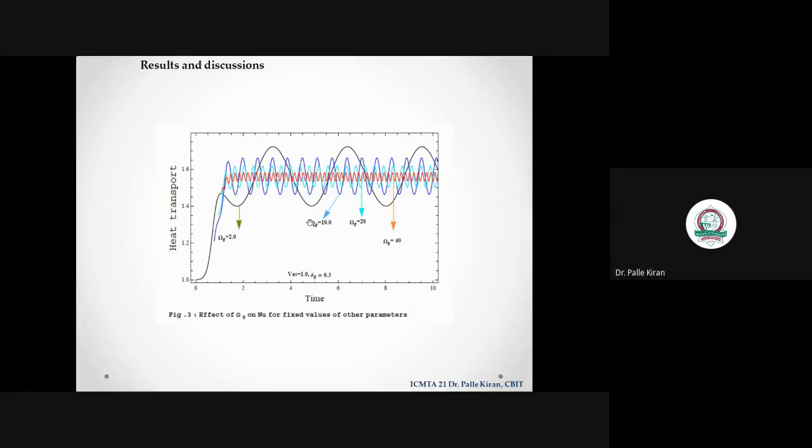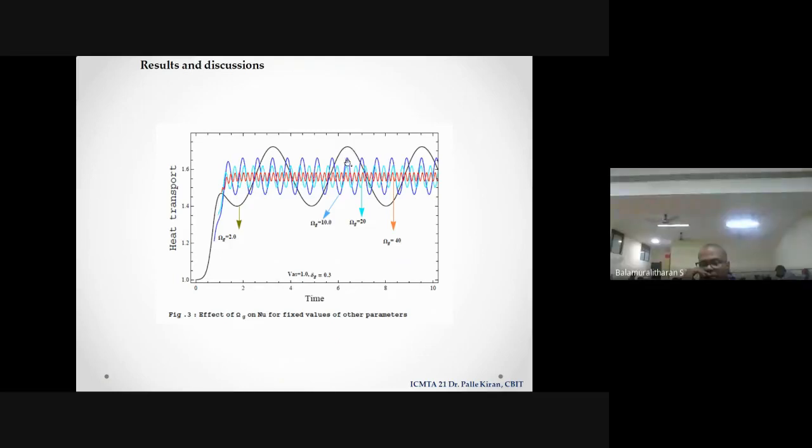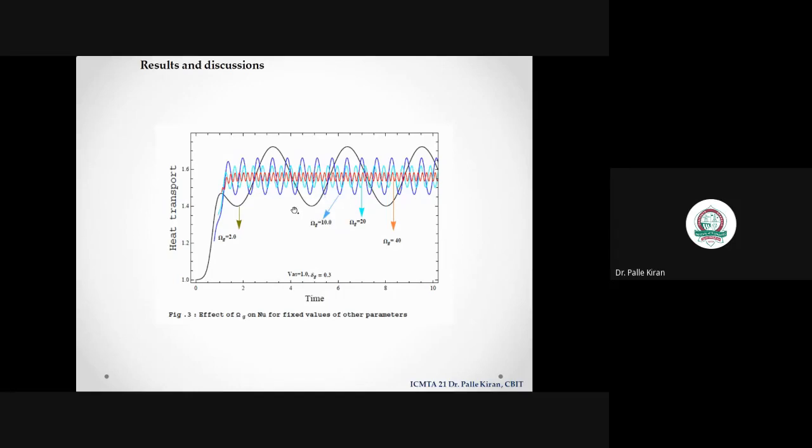Effect of gravity frequency, like how fast you are vibrating the system. As you keep on vibrating more and more, you see the amplitude change. Sir, how do you get the diagram? So the diagram, you see here, you have to use a MATLAB code for equation 37. From 37, find the amplitude A and substitute into equation 31, and you can get here Nu, the heat transfer coefficient. So you have to solve the interrelation of 37 and 31 using any one of Mathematica, MATLAB, or Origin. It's up to you.